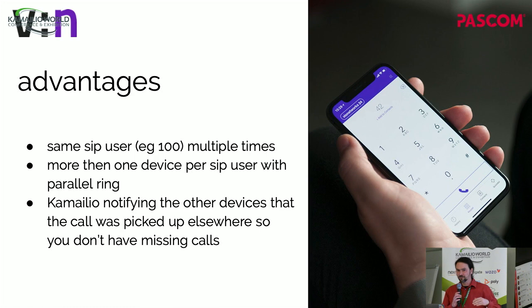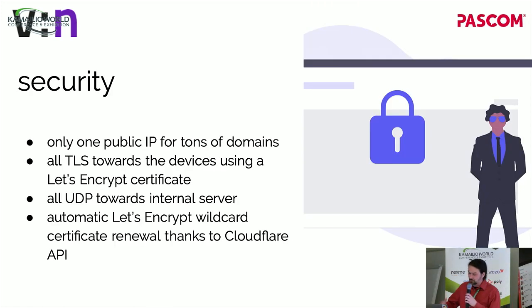With a Kamailio in front that is domain-based, you can have one SIP user multiple times, so several customers can have, e.g., the number 100 for their devices. You can have several locations per device because Kamailio is capable of doing this. And also, as mentioned before, there's a notification. So if two devices ring and you pick up on one device, the other device won't show you a missed call. But most of all, we are very happy to have security introduced with Kamailio, so everything is encrypted, but